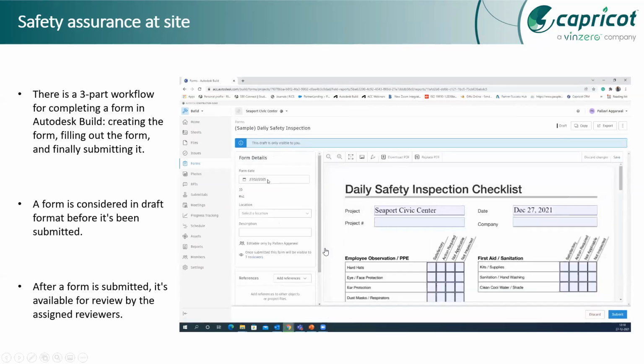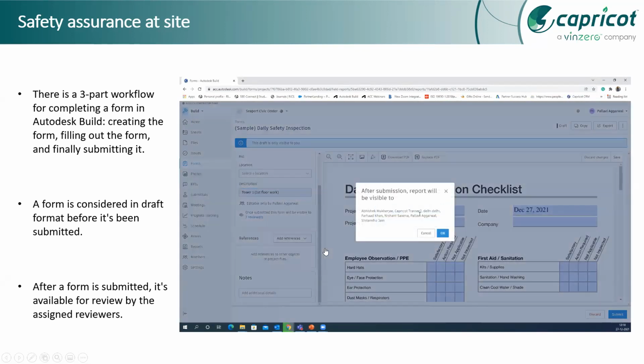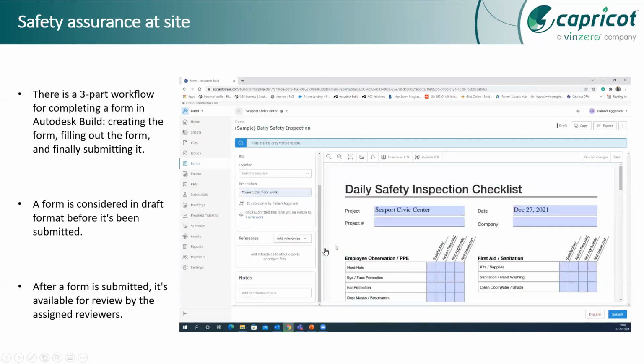We can also add comments since forms are connected to your email IDs. Once we send a form, once we notify that the form is sent, an email notification is sent to all the reviewers directly. And all of this can be performed through your mobile application at site. So you need not have hardware or a computer with you to work on the same.